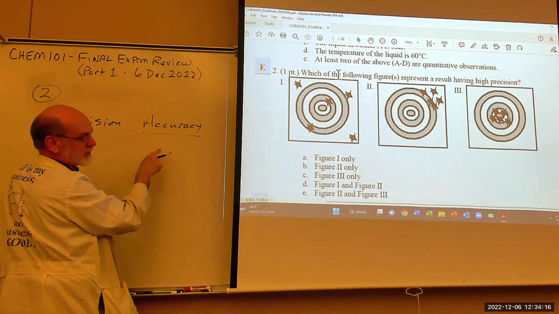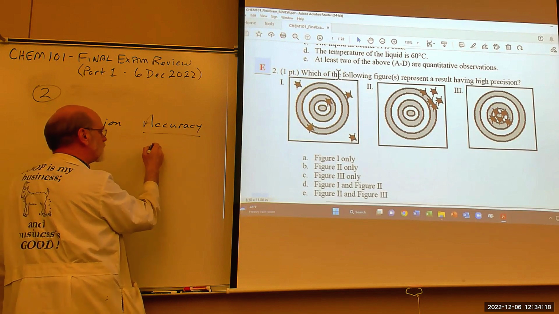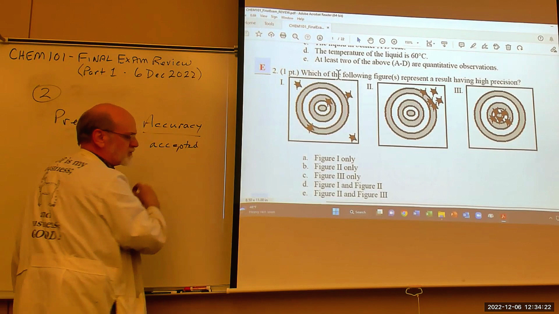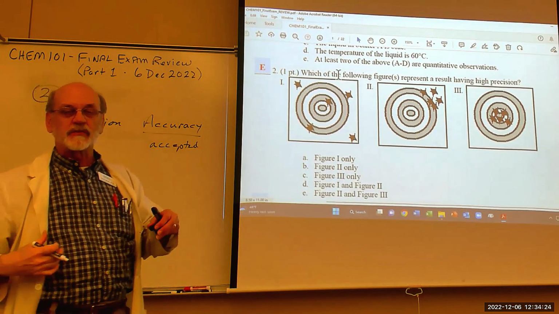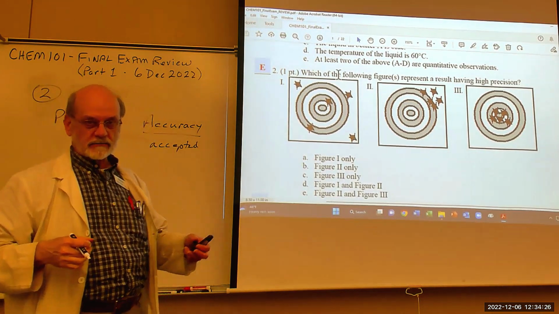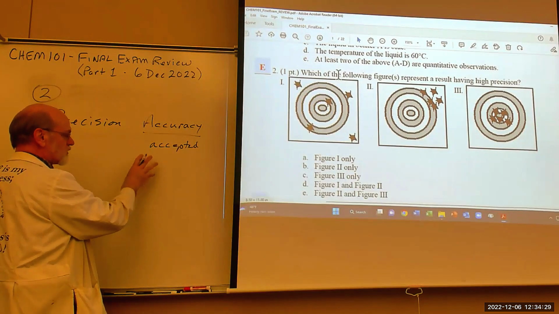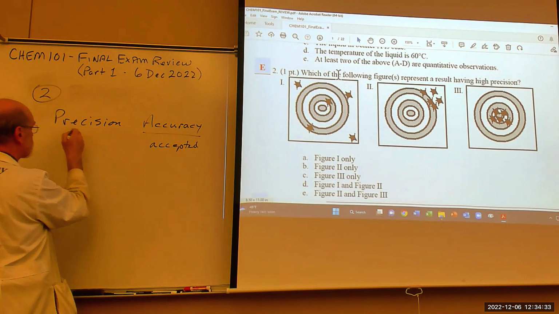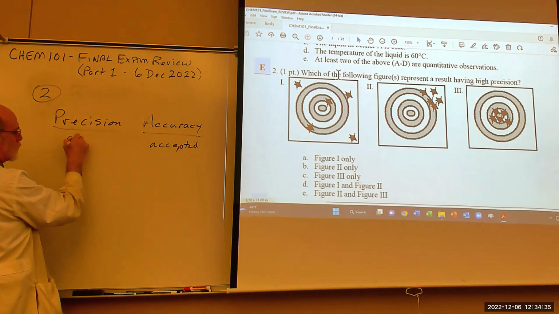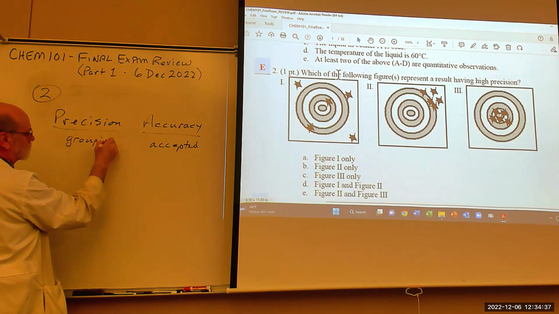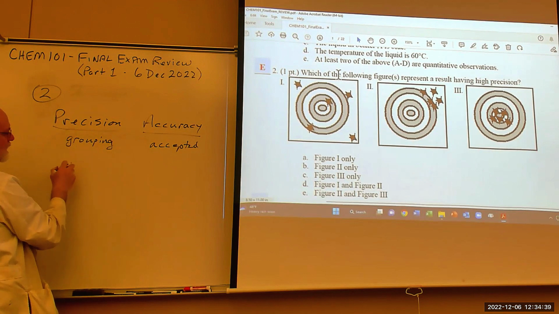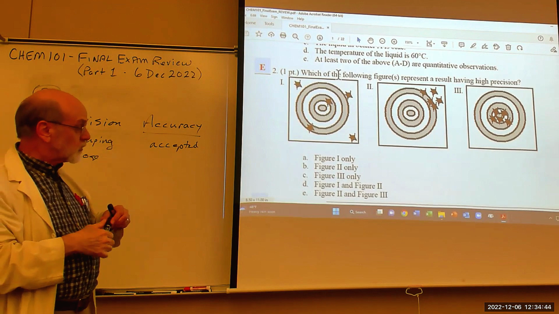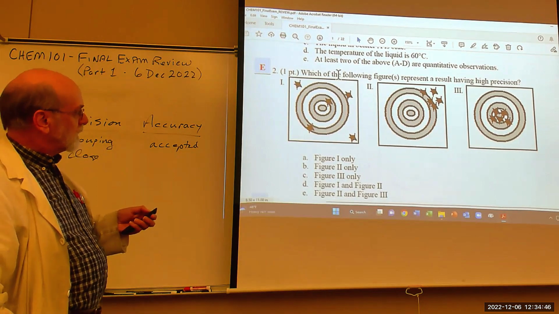Accuracy is how close the value is to the accepted value. I say accepted because it's almost impossible to find what we would call a true value. So accepted value is more commonly what you'll find. But precision has to do with grouping. High precision is close grouping. So close grouping here would be both